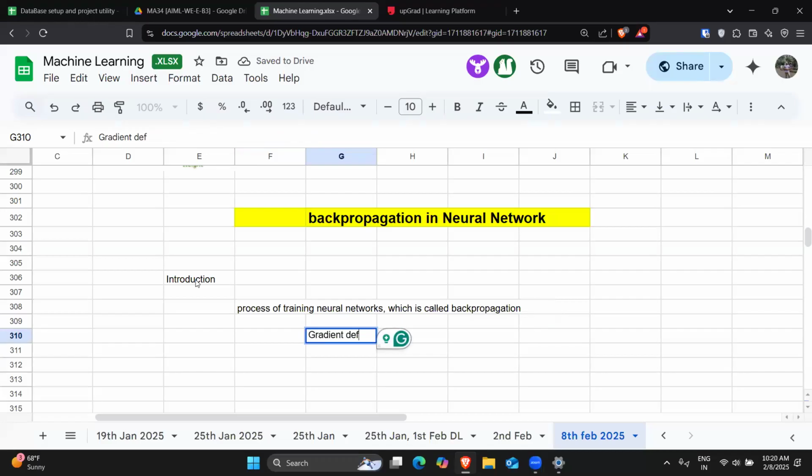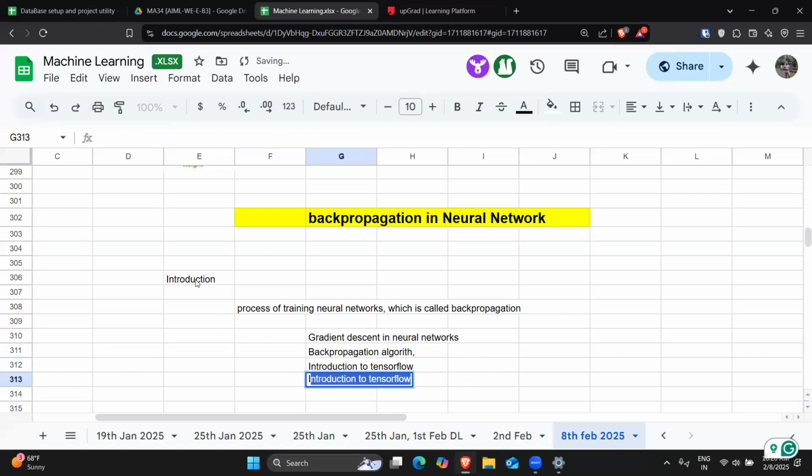First is gradient descent in neural network. Then we have back propagation algorithm. Then we'll see introduction to TensorFlow, because in the last session we have not seen that. We'll see this, and we'll implement a neural network